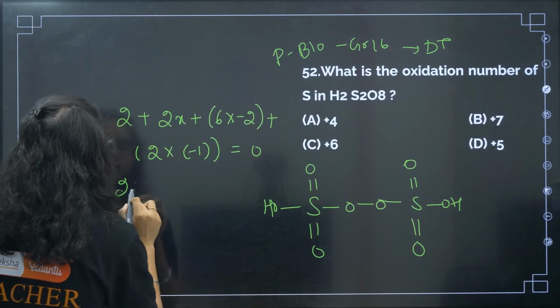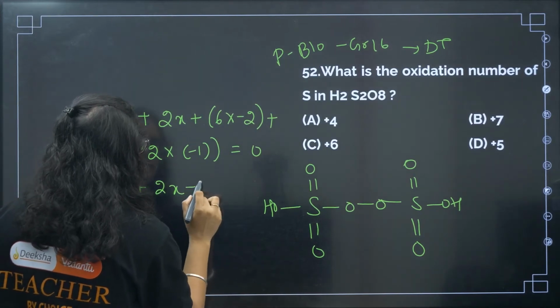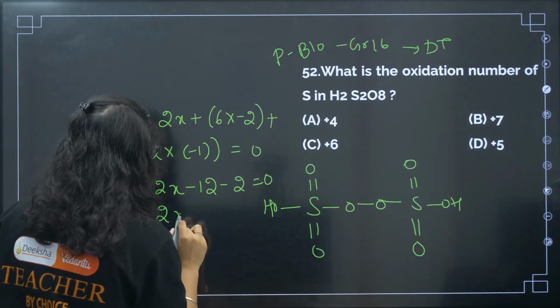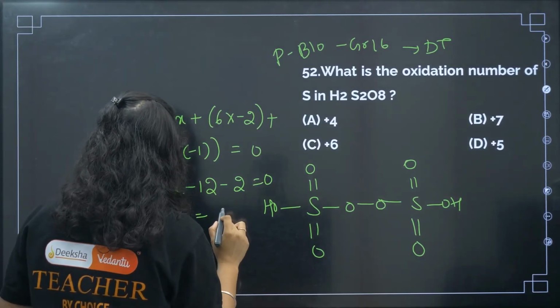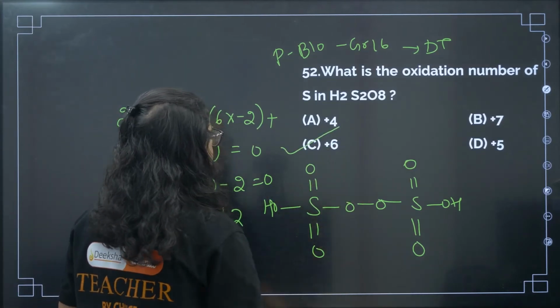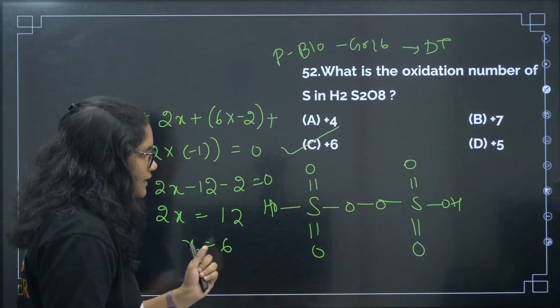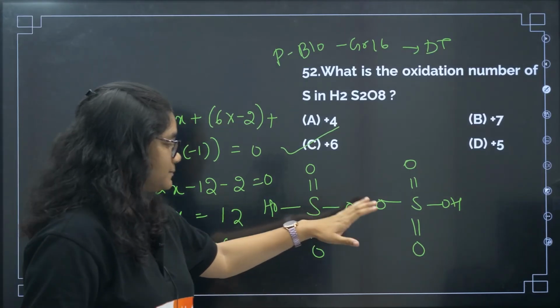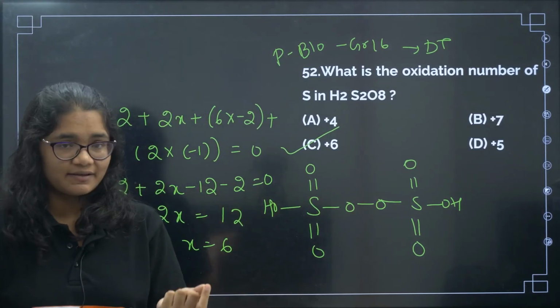So now if you see 2 plus 2x minus 12 minus 2 is equal to 0, so 2x is equal to 12 and x is equal to 6. So the correct answer for this question is option number C, that is +6. If you calculate without knowing that this is a peroxy linkage, then you will be getting +7 as the answer, okay,